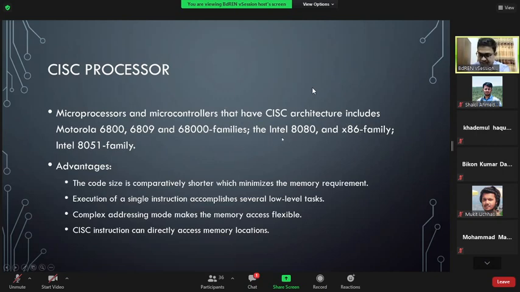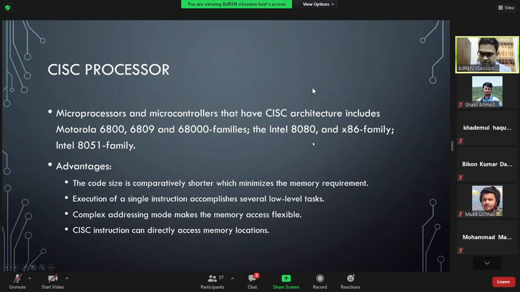Intel 8080 is the first processor from where we started our upgradation. Nowadays we have the 10th generation of Intel processor, but that was the first processor. When we discuss the Intel processor in chapter number 3, we are going to see the history of Intel processors from this first processor until our very recent 10th generation processor. There is a list, and we are going to show this one in chapter number 3, so wait until then.